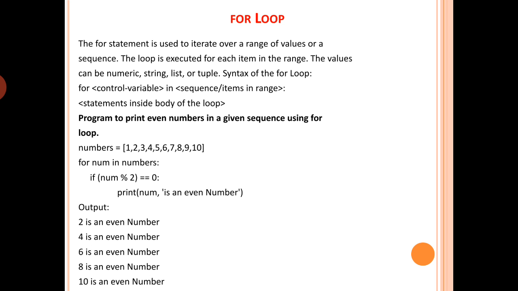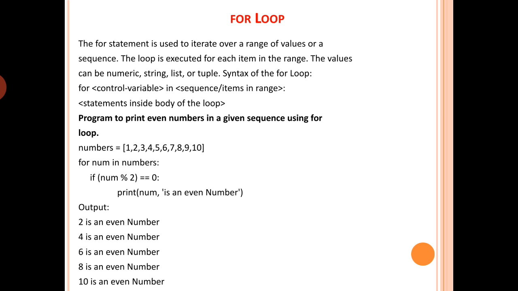For loop. Sometimes we need to repeat certain things for a particular number of times. For example, a program has to display attendance for every student of a class. So here the program has to execute the print statement for every student. In programming, this kind of repetition is called looping or iteration, and it is done using for statement. The for statement is used to iterate over a range of values or a sequence.